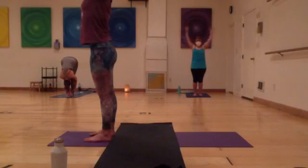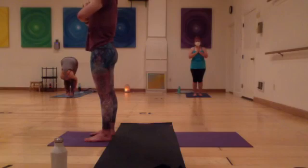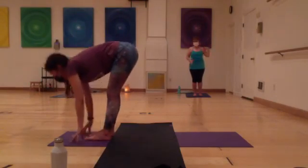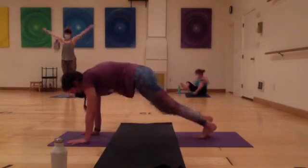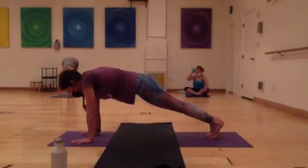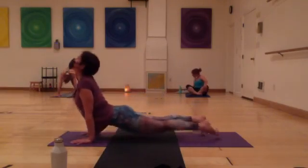Circle sweep. Hands to heart center. Slow down the heart rate. Circle sweep arms up. Go all the way down. Halfway lift with the hands on the mat. Forward fold, hop, skip, jump, or walk. Hold this for 5, 4, 3, 2, Chaturanga Dandasana, upward facing dog,